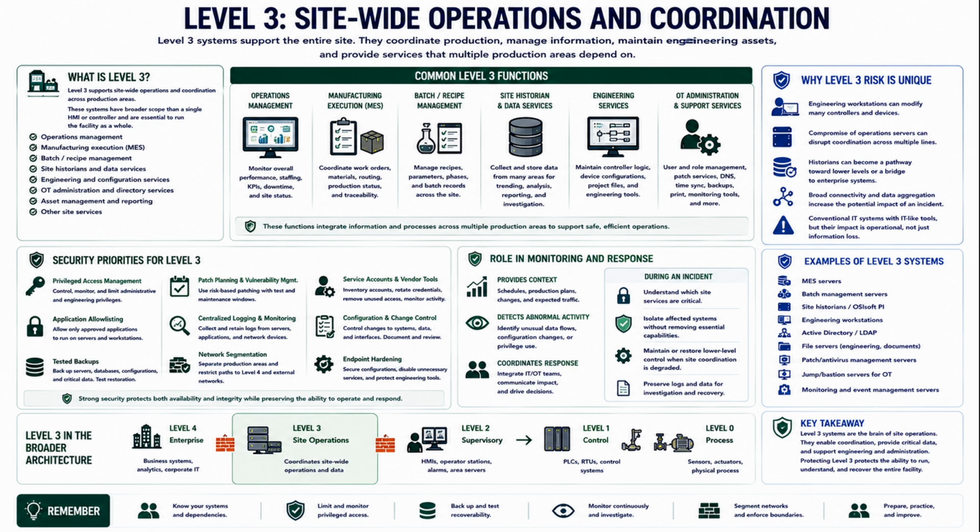Level 3 systems are often conventional servers and workstations, but their operational context changes their risk. An engineering workstation may have authority to modify many controllers. A compromised operations server may disrupt coordination across several lines. A historian can become a pathway toward lower levels or a bridge toward enterprise consumers if its connections are not controlled. Security priorities include privileged access management, secure administration, application allow listing where appropriate, tested backups, patch planning, centralized logging,